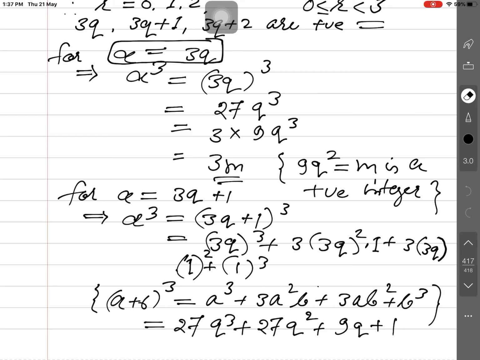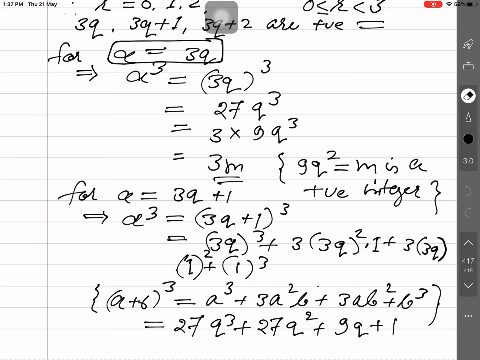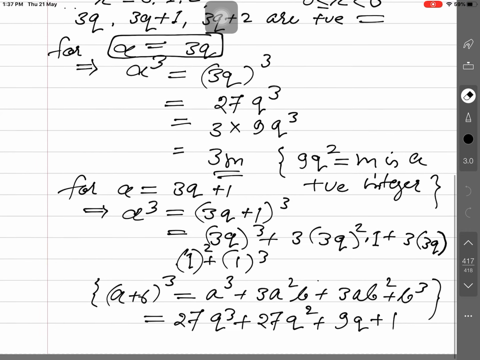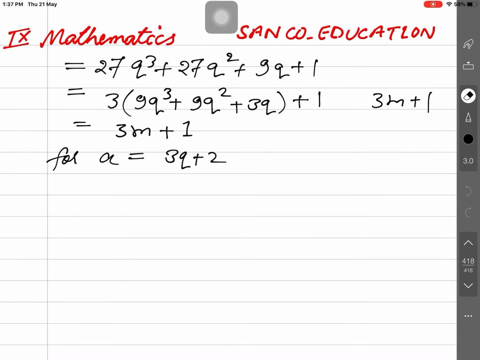So what you will do is, 9 means you can take 9 common. You will take 9 common here in all of this. Is that clear? Nine you will take common, and here will be next. Here is 9. We'll take 9 common. Okay. Here you will write 9. In the place of this, you will take 9 common.